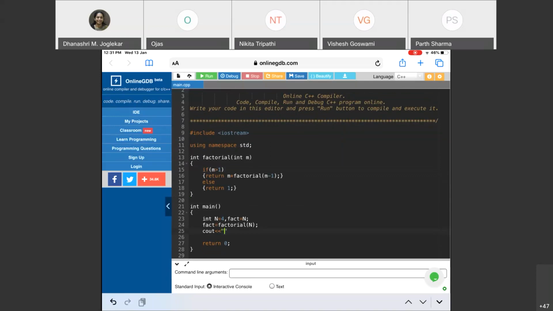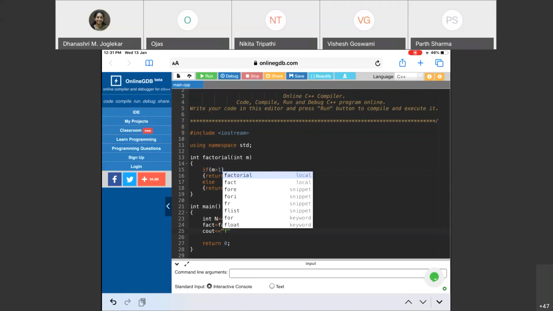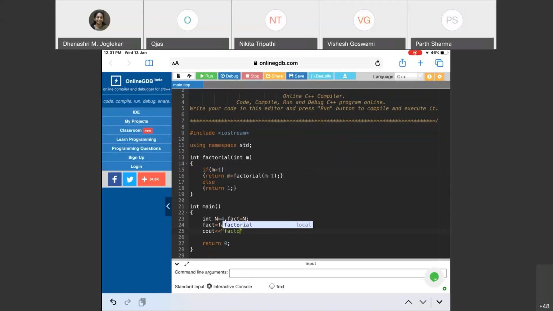Then now we are going to put that output, whatever we are willing to write, that factorial of number n. I'll have capital F here intentionally.